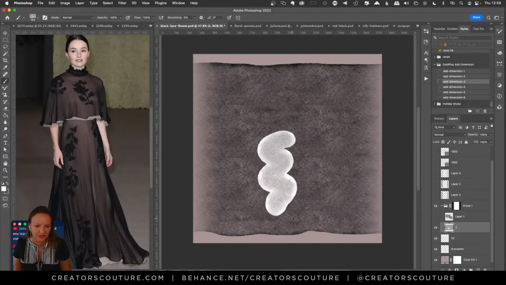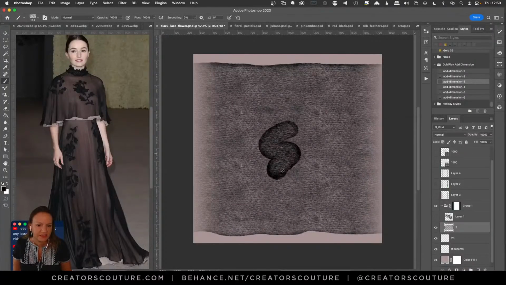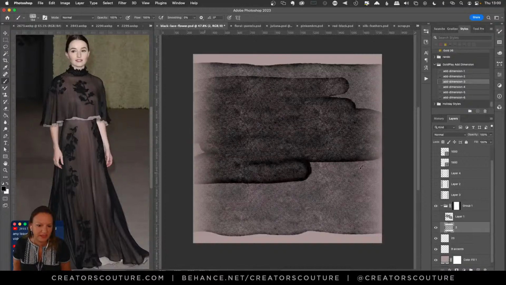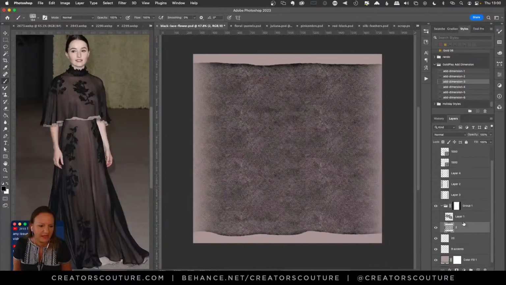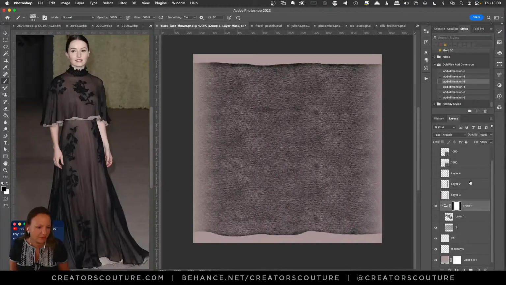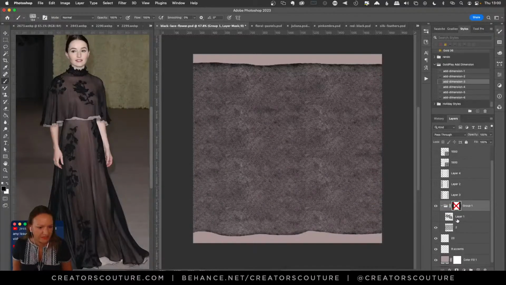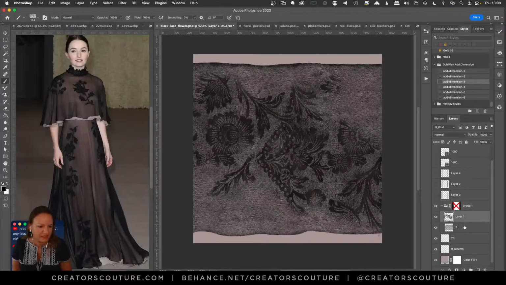I don't think I changed it here. This looks pretty much the same size. One thing that I did do, I just filled that background like this with that nice lace, and that was really quite nice. And then I created a new layer group and I faded off the sides because I wanted it to be a little bit nicer. But I didn't do that until later, so let me disable that.